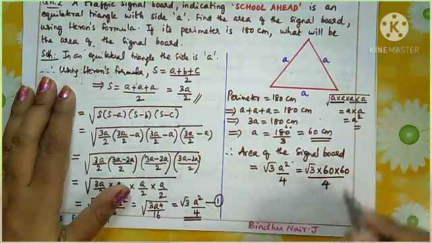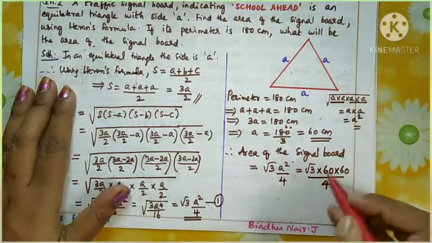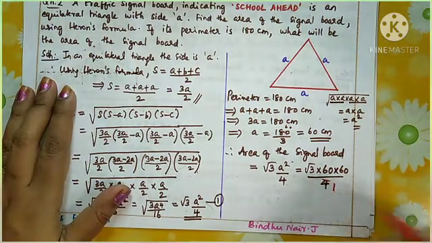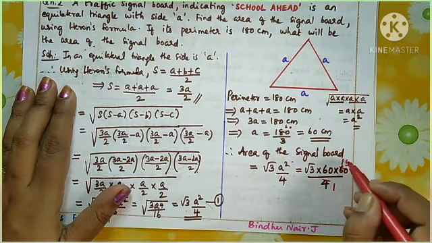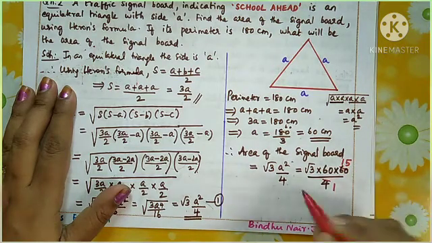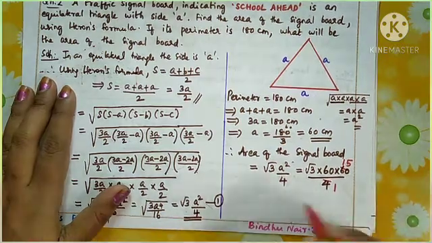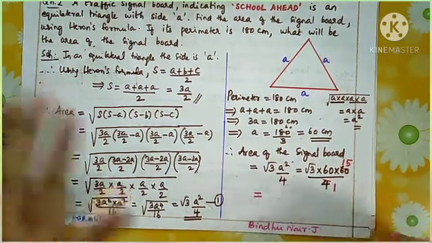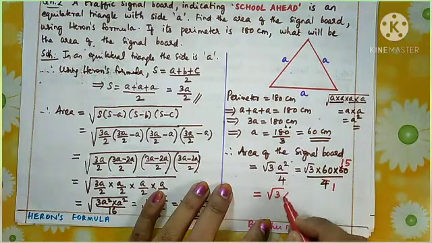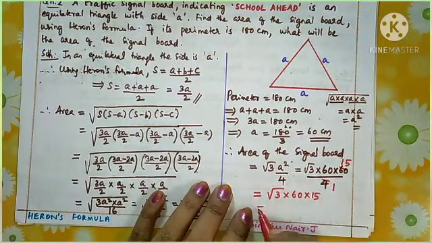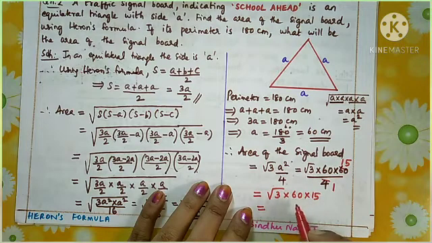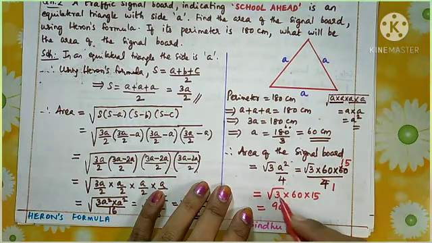Okay. Now you can reduce here by 4, table, you can reduce. 1 4 is 4, here 1 4 is 4, balance 2, 5 4s are 20. Okay, understand? Yes. So that will be equal to root of 3 into 60 into 15, and what is this 60 into 15? That is 900. Okay. So 900 root of 3, and this is the area.